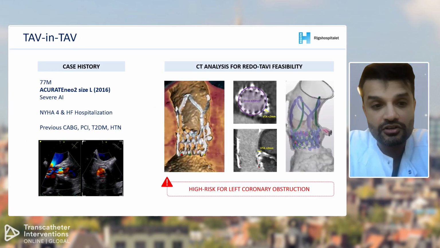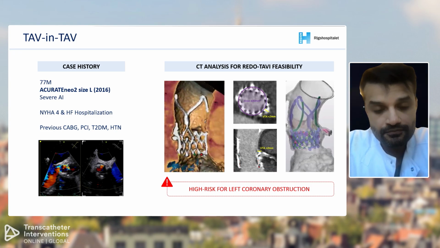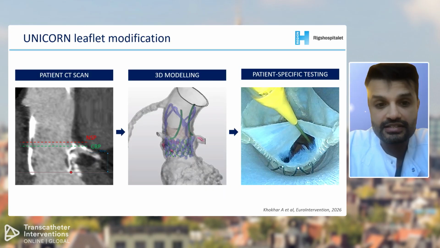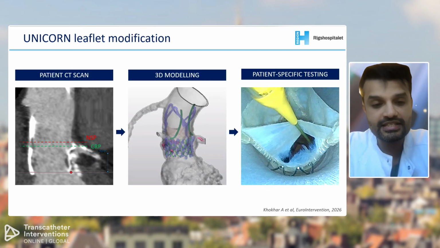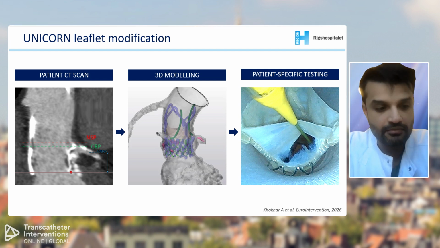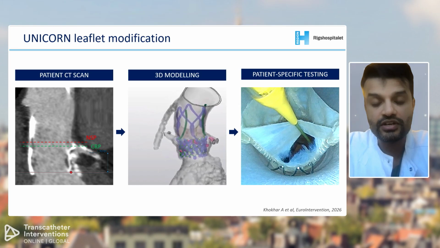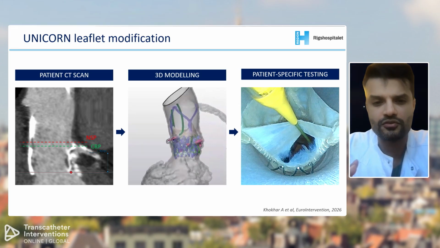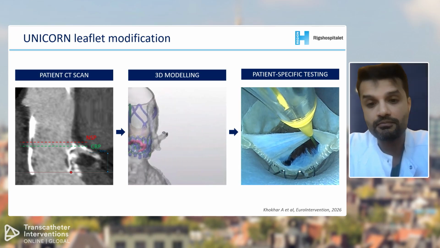We recently had a case here in Copenhagen, which was a degenerated TAVI prosthesis. The patient was scheduled for a redo TAVI procedure, and we basically had high risk for coronary obstruction to the left-hand side. And it was a really interesting process to go from the CT scan, which is our established, validated way to plan these procedures, to come up with a 3D model, which really gives you a three-dimensional spatial perspective of, okay, what really looks to be the challenge here. And then we took that patient